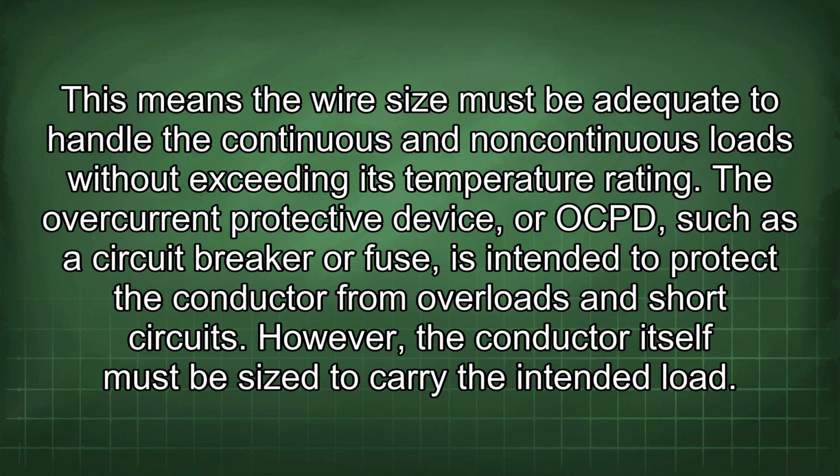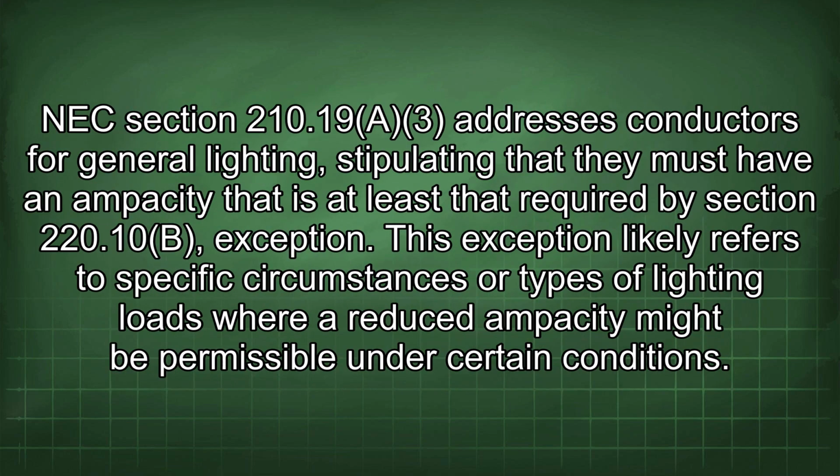The overcurrent protective device, or OCPD, such as a circuit breaker or fuse, is intended to protect the conductor from overloads and short circuits. However, the conductor itself must be sized to carry the intended load. NEC Section 210.19(A) addresses conductors for general lighting, stipulating that they must have an ampacity that is at least that required by Section 220.10(B) exception. This exception likely refers to specific circumstances or types of lighting loads where a reduced ampacity might be permissible under